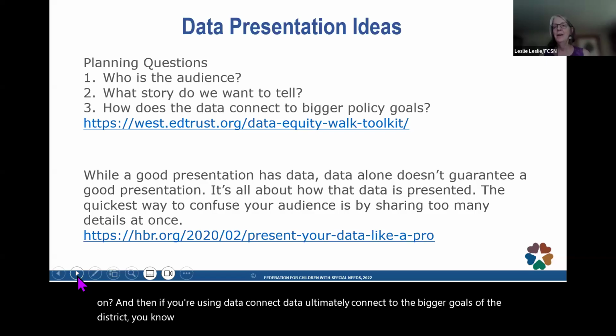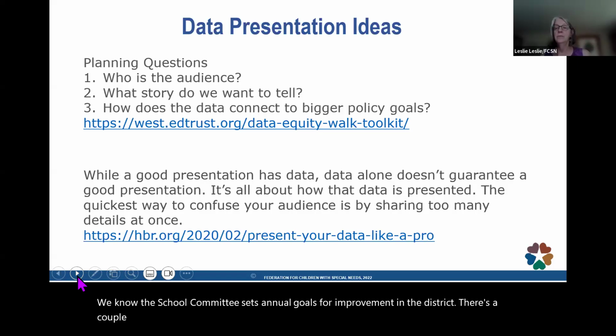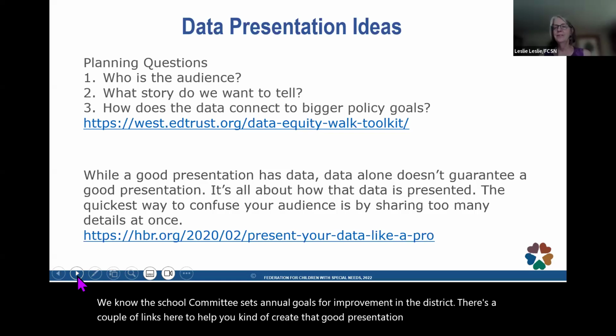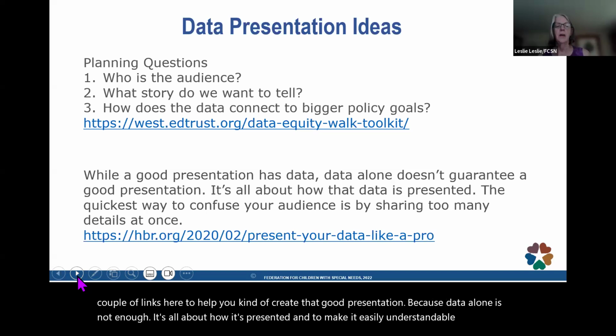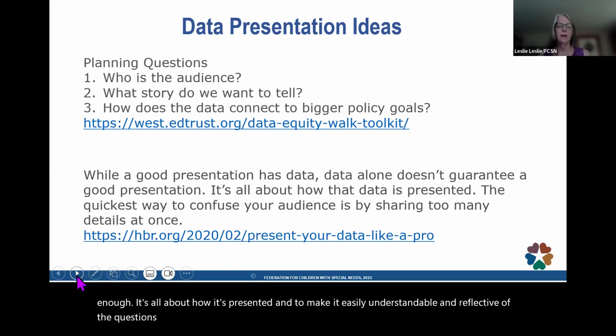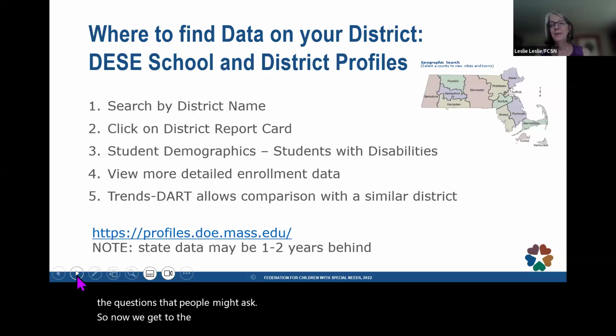That's where that tie-in might be really nice, because we know the school committee sets annual goals for improvement in the district. There's a couple of links here to help you create that good presentation, because data alone is not enough. It's all about how it's presented, and to make it easily understandable and reflective of the questions that people might ask. So now we get to the part of where do we find all of this data